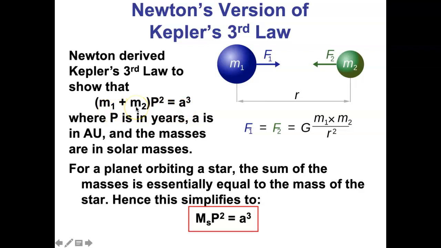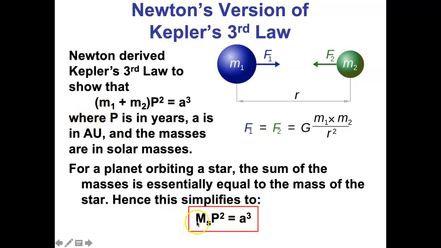But if you're talking about two things that aren't a planet going around the sun, then m1 and m2 might be different, and that's going to slightly tweak your equation. If you're talking about planets orbiting another star, not the sun, well, then there's no guarantee that that star is going to have a mass of one solar mass. So pretty soon, we could be talking about alien planets orbiting around other stars, in which case m1, the mass of the star, we'll call that m sub s, ms for the mass of the star.